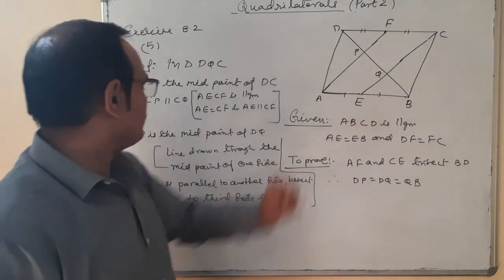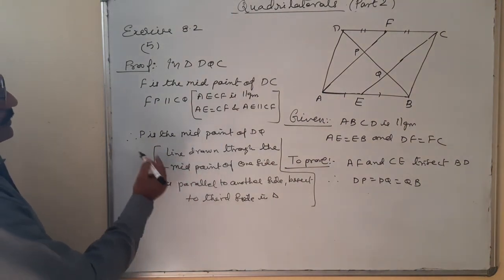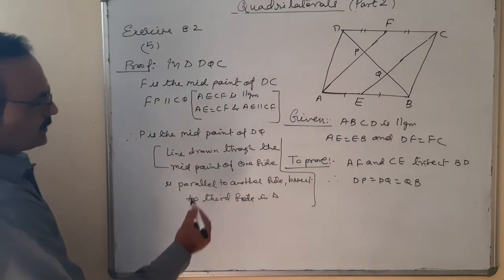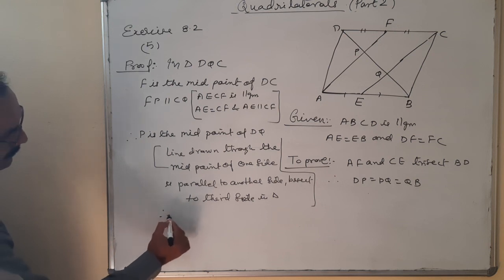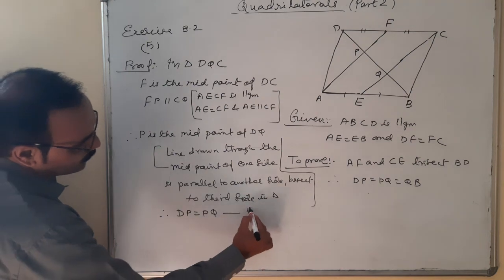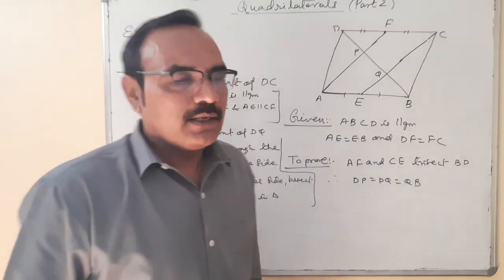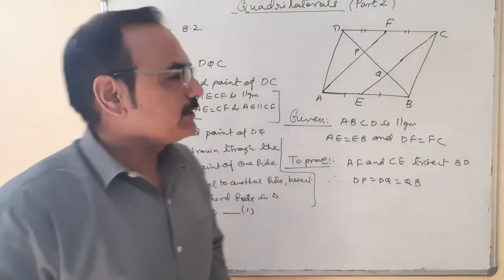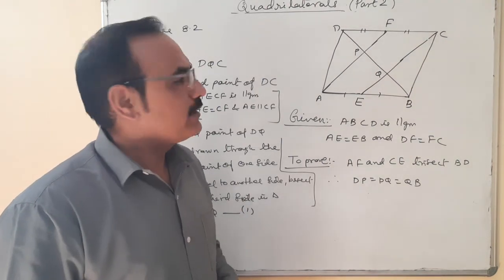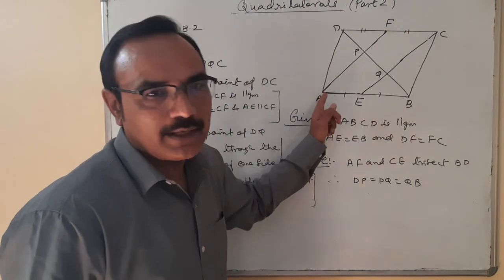So DP is equal to PQ. Therefore, where I have written here, P is the midpoint. Now I'll write here, therefore DP is equal to PQ. Equation number 1. Proved in this triangle. Second, we have to select a triangle in which PB is a side. Which triangle should be taken in which PB is a side? We have to take triangle PBA.